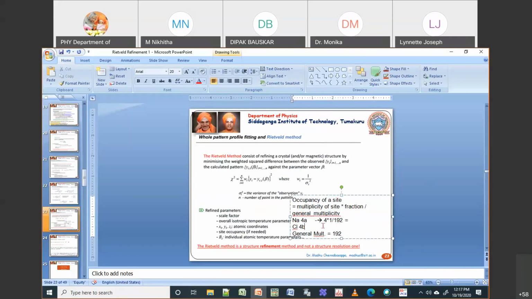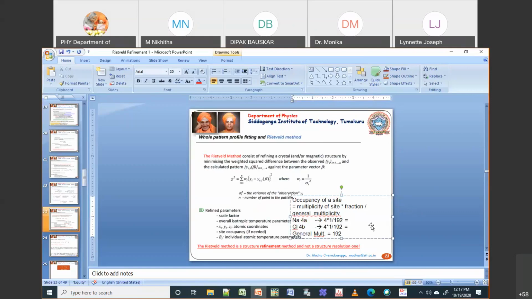In the same way for chlorine, the multiplicity is 4 into 1, because Na is 1, Cl is 1, and then divided by 192. Whatever value you get, you just have to put in your occupancy column.